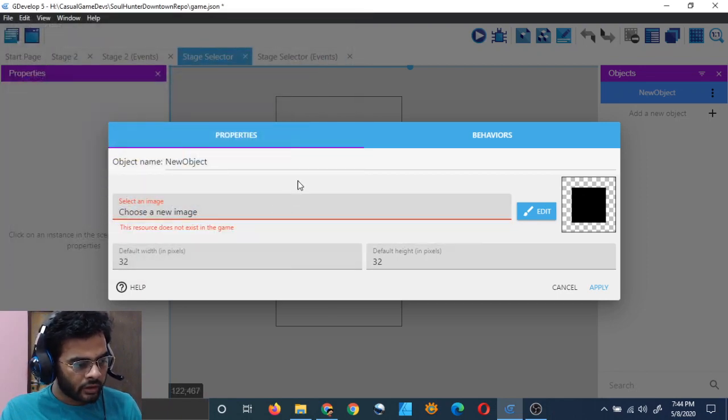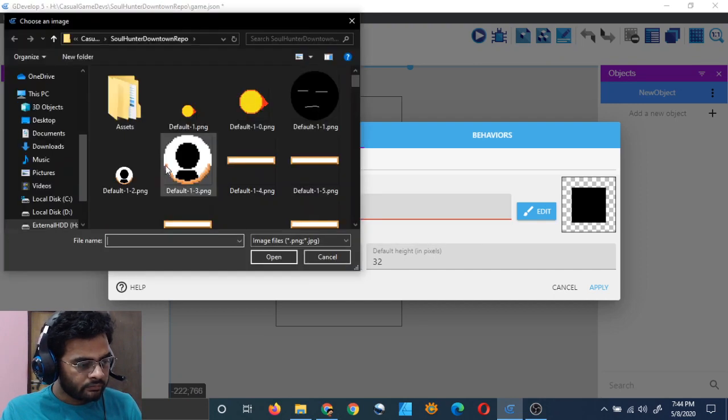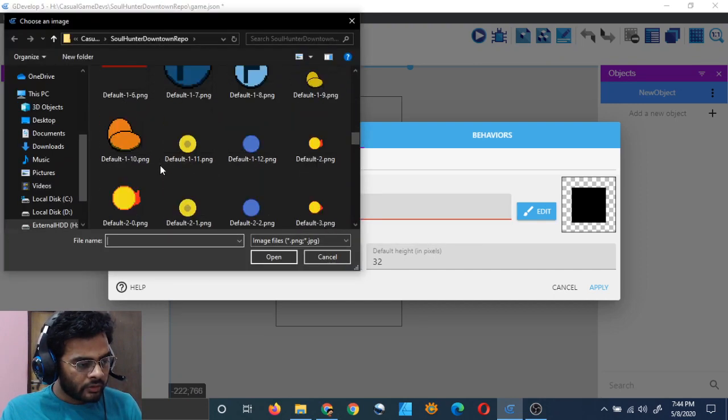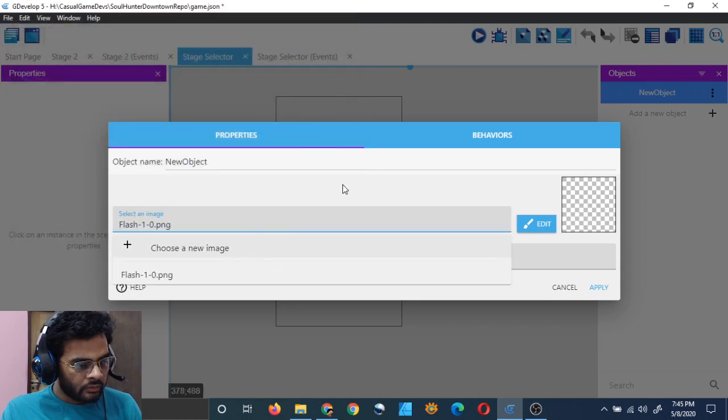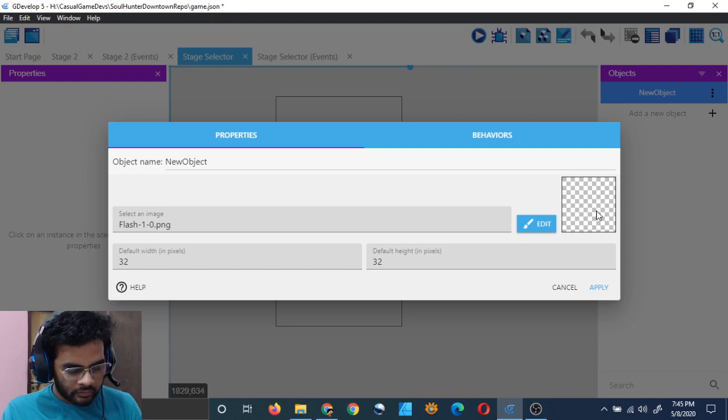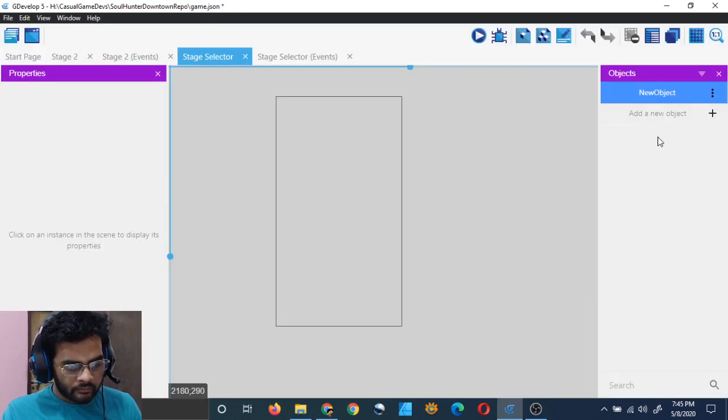Yeah. What happened? This resource does not exist in this game. Then which game does it exist in? Flash 10.2. It kind of exists, but it's not showing anything. I will just apply. I will see if something comes here. No, it's not there.